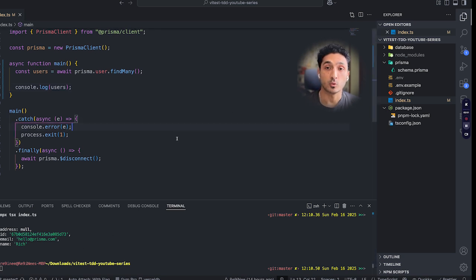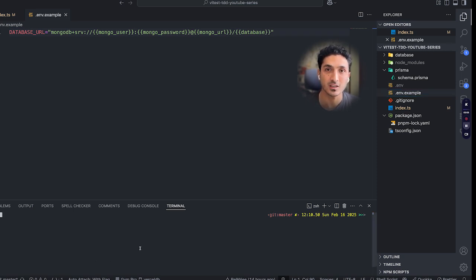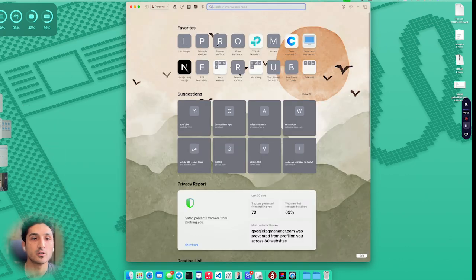And for Prisma to work, we need to do two things. First is to set up our environment variables. When you clone this repository, the repository is available in this link that I've added right here. You have to make a copy of this file and paste your own MongoDB URL. For setting up your own MongoDB server, go to